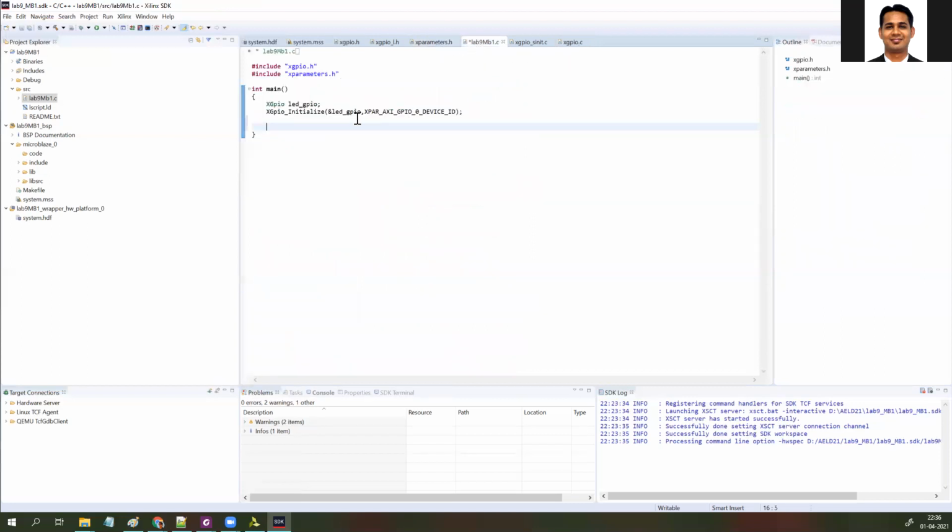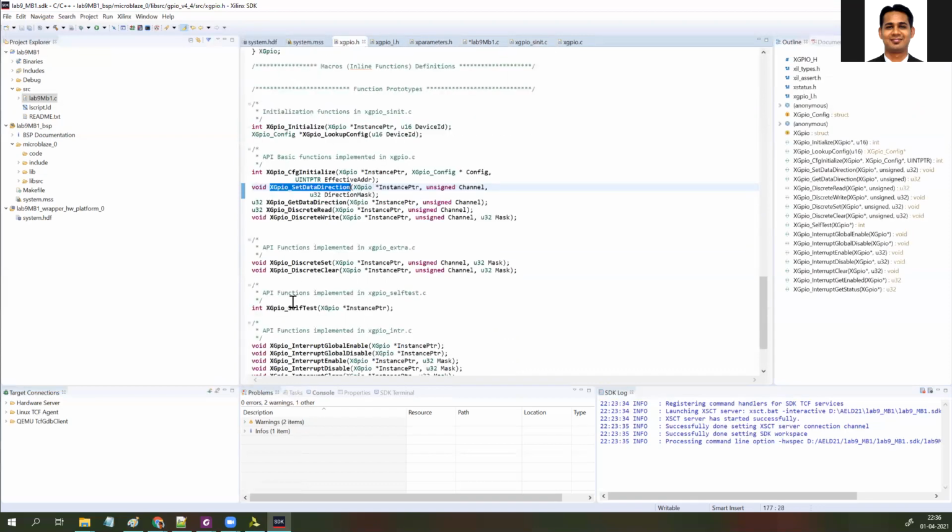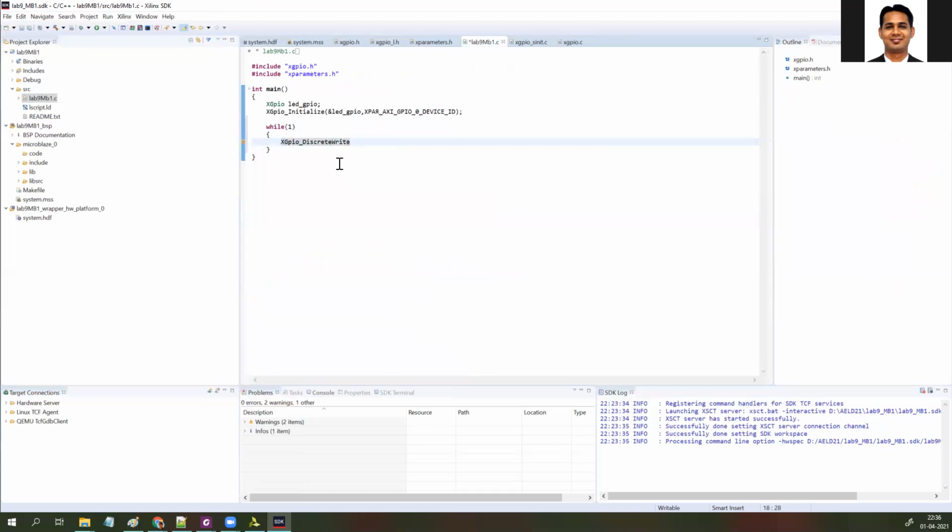Then what I'm going to do is write a while one loop. This loop will be infinitely executed, and I'm going to write into the IP. So you can see I'm going to use the discrete write function. You need to provide your GPIO structure, which channel, and what data to be written. So with discrete write, I'm going to provide the structure,